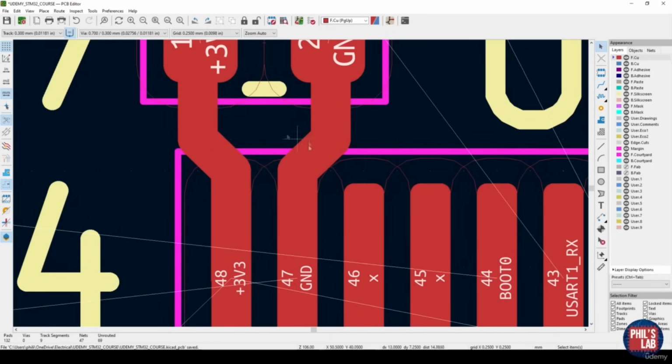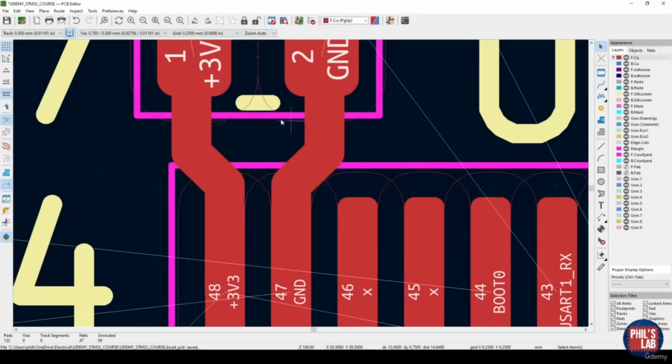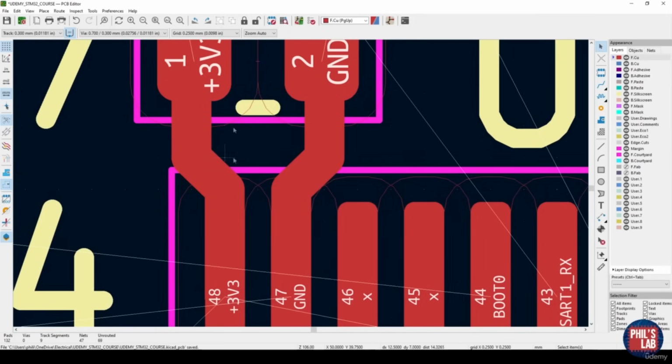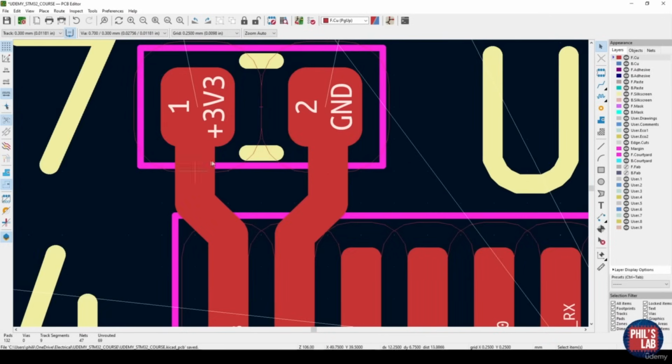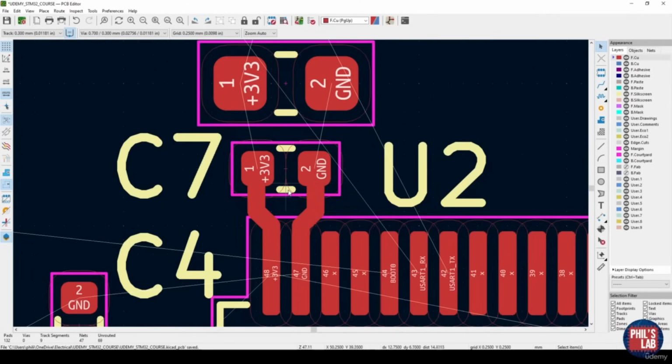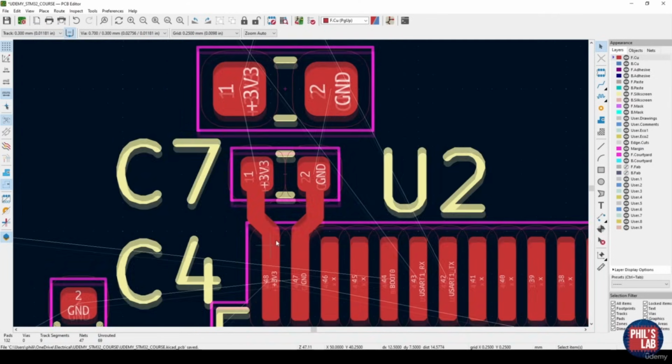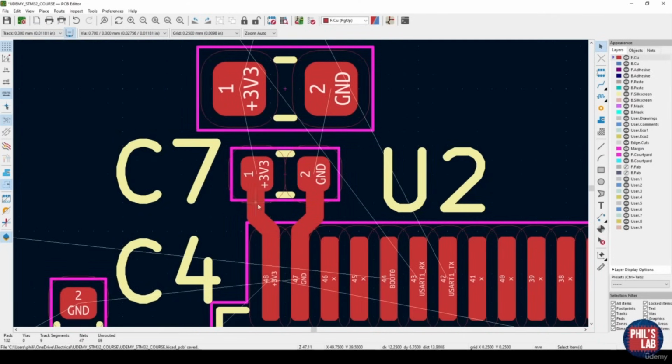So you can see this way, as soon as I come out and as soon as I have the space, I am making the space. I don't want to route straight out like this, because I will have, not for these signals, but for many signals, crosstalk and noise problems. So always maintain proper spacing. And as you can see, because we did proper layout of our capacitors, it's been really easy to route this